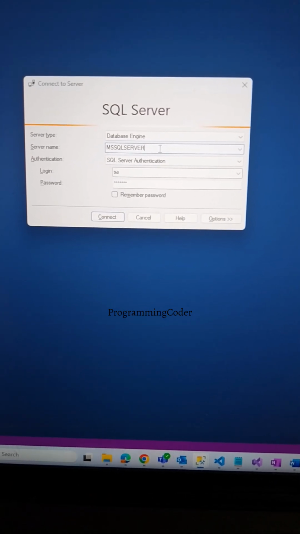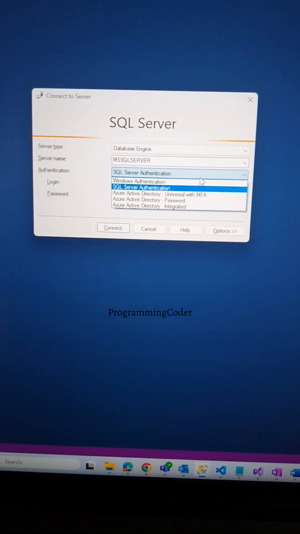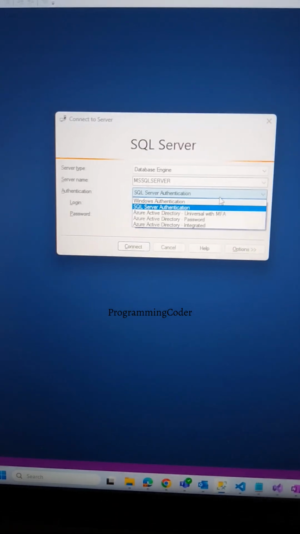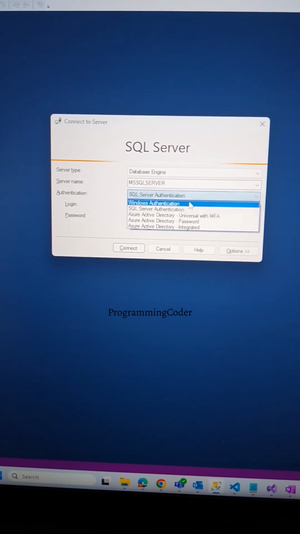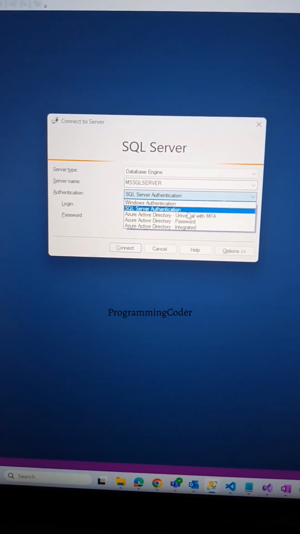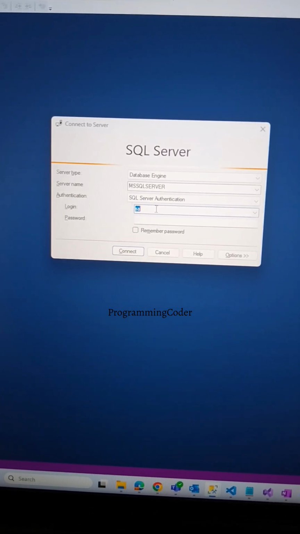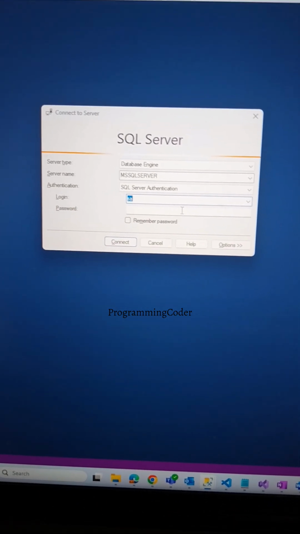If that name is correct, then you need to check whatever authentication you are working with. If you want to connect with Windows authentication, you select Windows authentication. If you want to connect with SQL Server authentication, you need to give a login and password, and then you can connect. That should work.